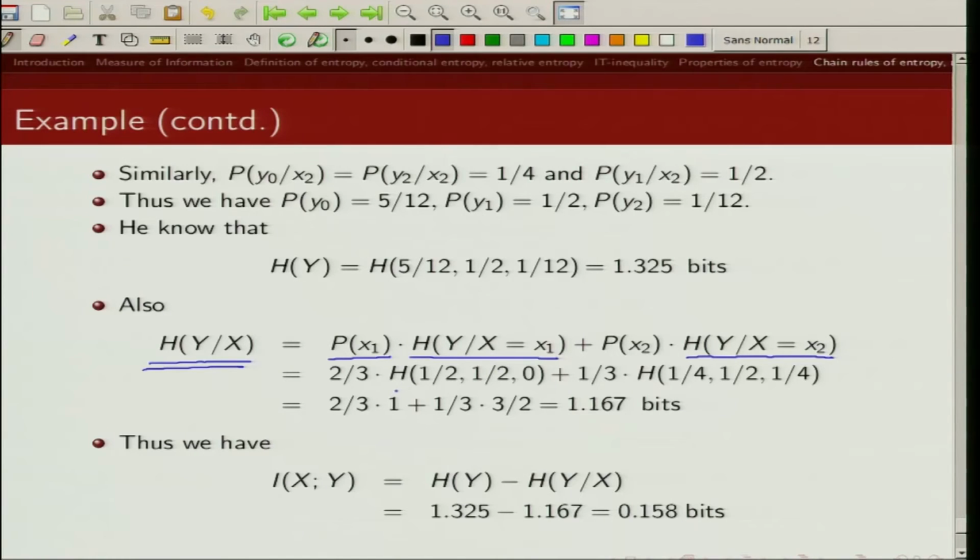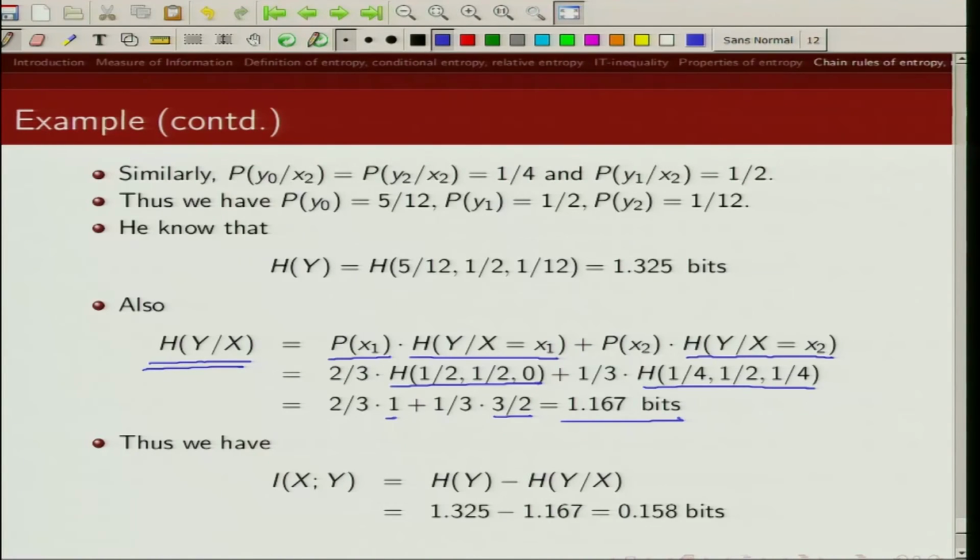This is basically minus half log of half, and the uncertainty in y given x2 is minus 1 by 4 log of 1 by 4, plus minus half log of half, and minus 1 by 4 log of 1 by 4. This is just following the definition of entropy. If we do that, this term comes out to be 1 and this term comes out to be 3 by 2. So computing this,